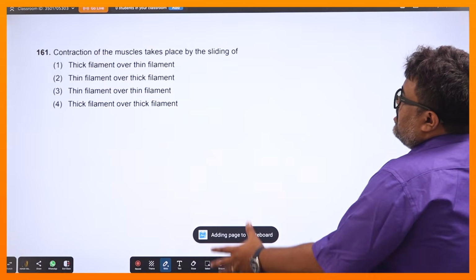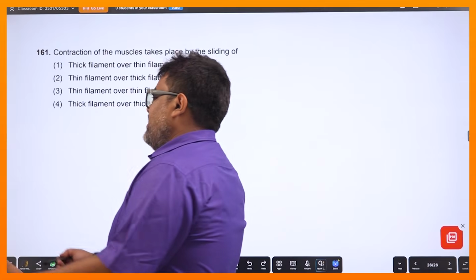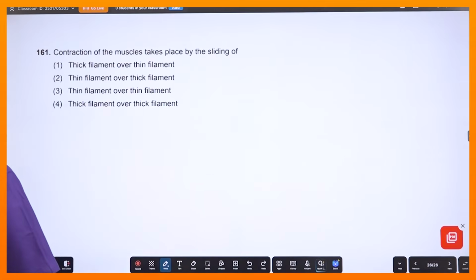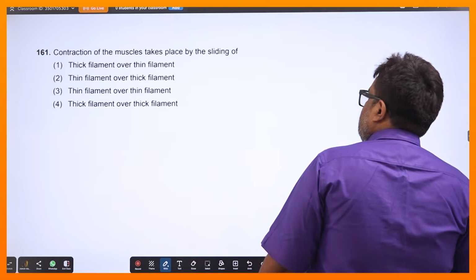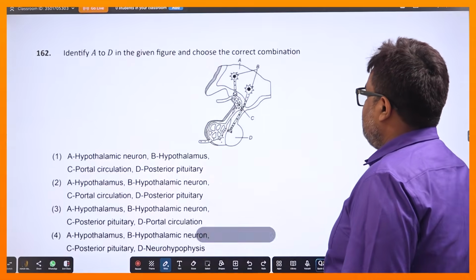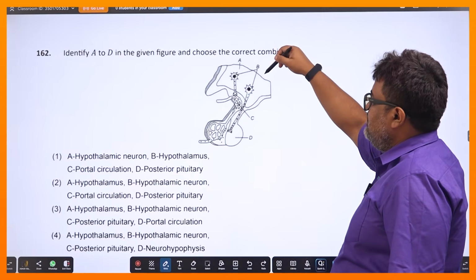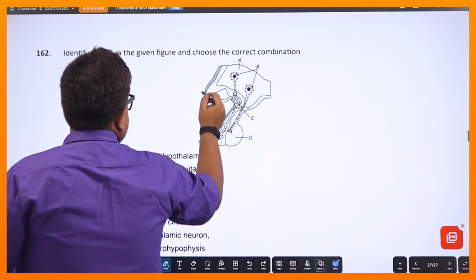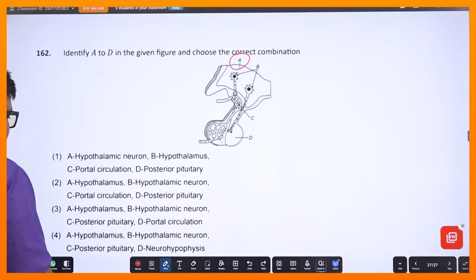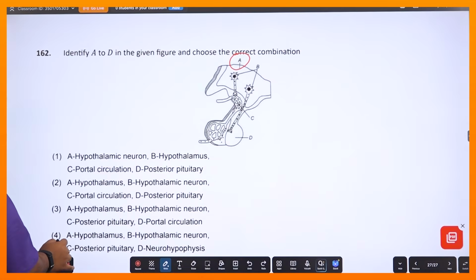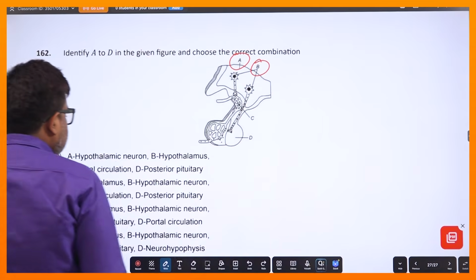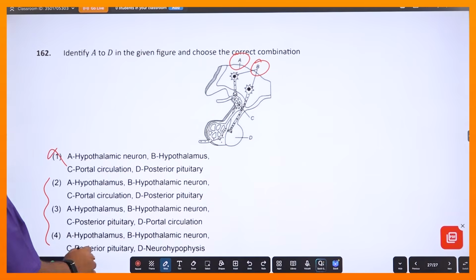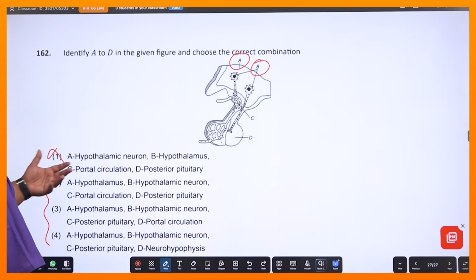নেক্সট যদি যাই, কন্ট্রাকশন অফ মাসল টেক্স প্লেস বাই দ্য স্লাইডিং অফ, এটা আশা করি তোরা জানিস, থিন ফিলামেন্ট মানে অ্যাক্টিন মায়োসিনের উপর স্লাইড করে, এটাকে স্লাইডিং ফিলামেন্ট থিওরি বলে, তো এটা নিয়ে আমি হেজালাম না। হোয়াট ইজ দিস, এ ছবি দিয়ে দিয়েছে, দেখেই বোঝা যাচ্ছে এটা হাইপোথ্যালামাস হবে, তাহলে এটা যদি হাইপোথ্যালামাস হয় তাহলে হাইপোথ্যালামাস এখানে আছে, এই তিনটাতে আছে, মানে এটা বেরিয়ে গেল। ঠিক আছে, নেক্সট বিটা, এটা হাইপোথ্যালামিক নিউরনস বা যাদেরকে নিউক্লিয়াই বলে ডাকা হয়, বিটা হাইপোথ্যালামিক নিউরনস এই তিনটেতেই আছে, আমরা এটা দেখেও যেতে পারি।